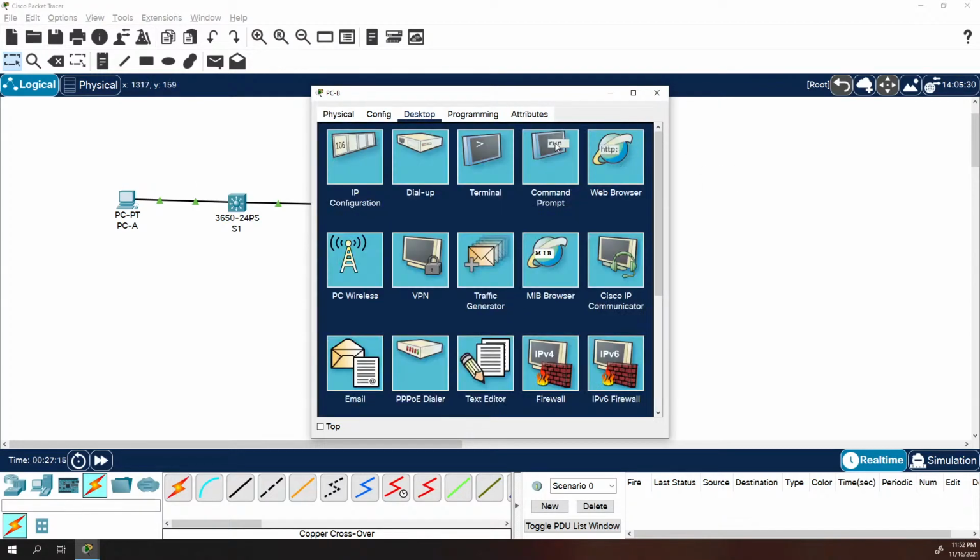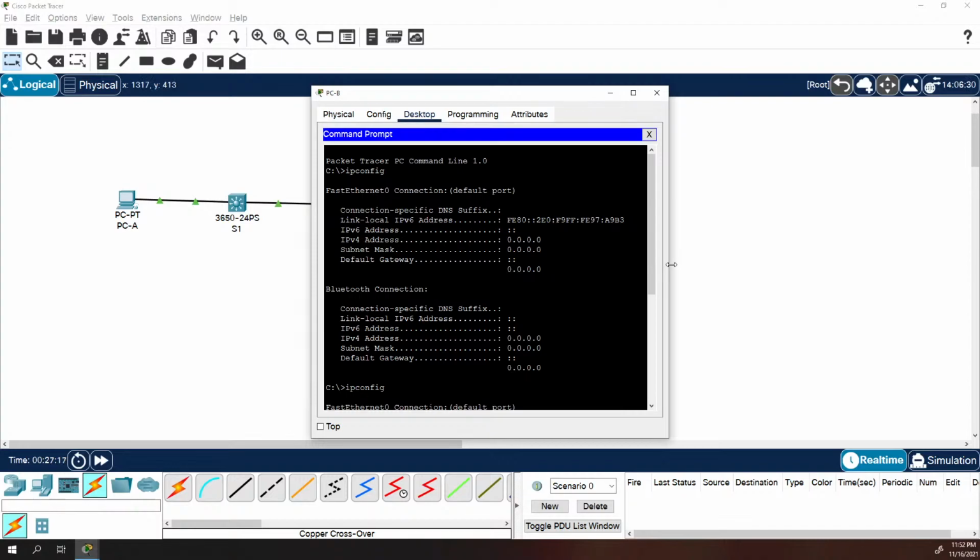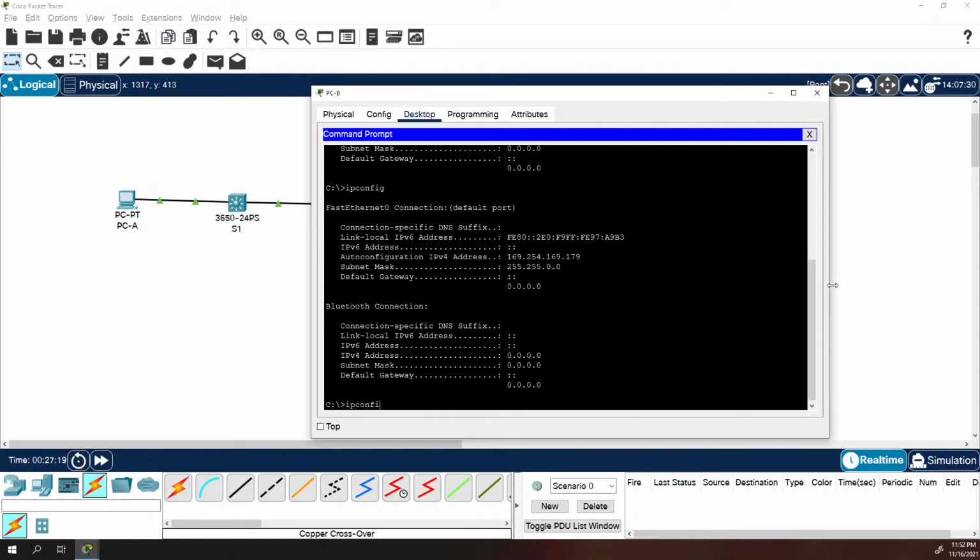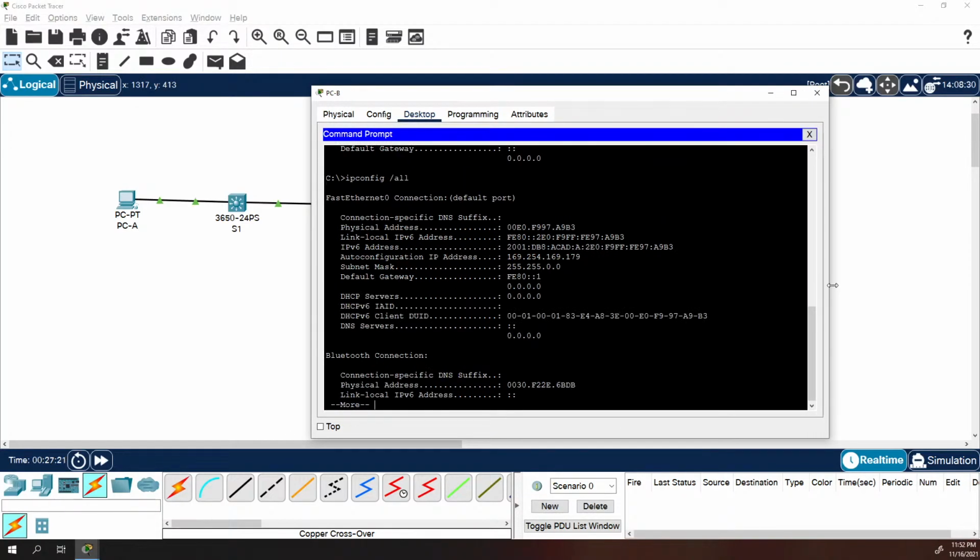So we're going to look at the rest of this from the command prompt because I want to show you something different. So if I run ipconfig /all, what you're going to see is that we have a physical address of 00E0F9 for the organizational unit, and for the unique identifier for the interface, 97A9B3. The reason why I read it out that way is what's going to happen during this stateless auto configuration